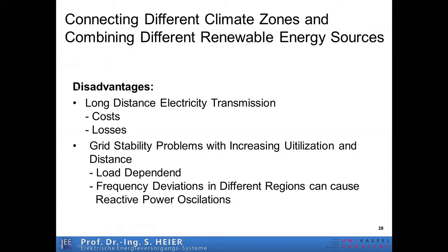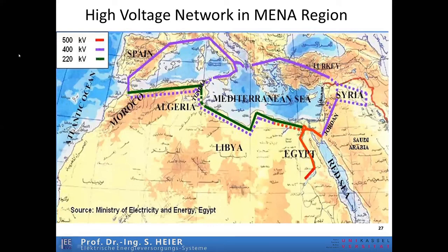On the other side, we must see the disadvantage: long distance electricity transmissions are connected with high costs, losses, and so on. The grid stability problems increase with utilization and distance. It means that it is load dependent, and with high loads we get frequency deviations in different regions, and this means that we can have reactive power oscillations in this region. In the European grid we have frequency oscillations between Romania and Bulgaria and Spain and Portugal. The longest distance systems